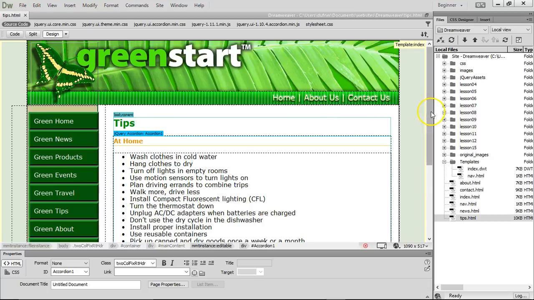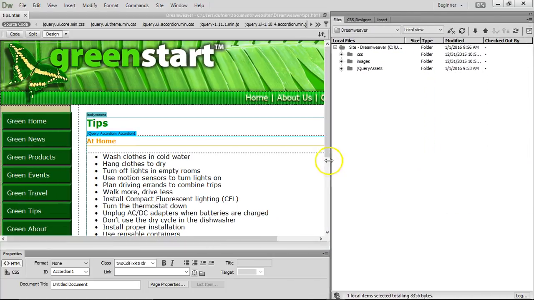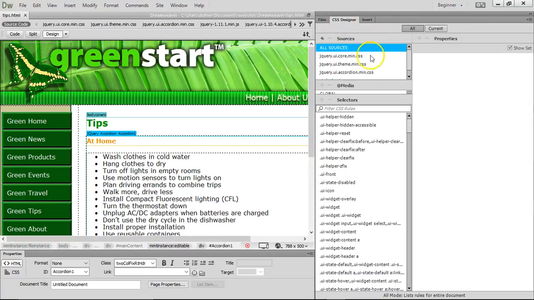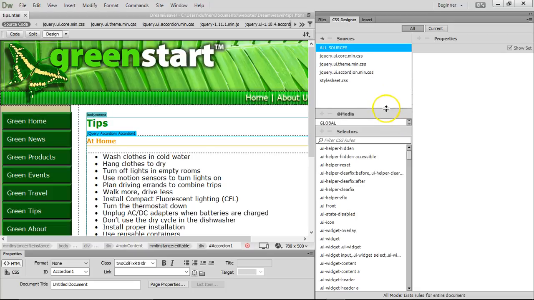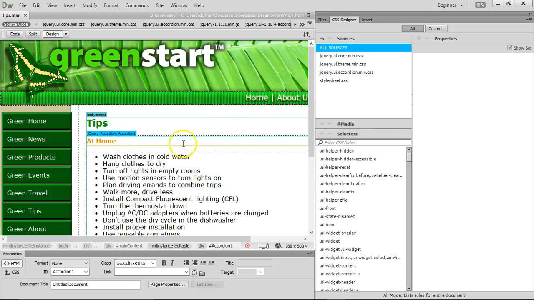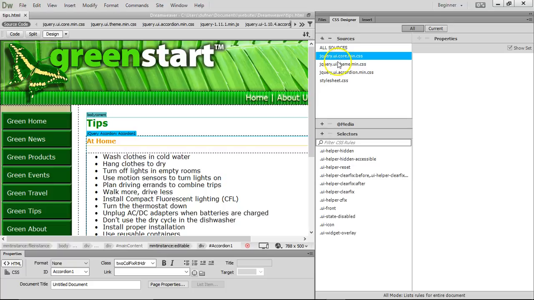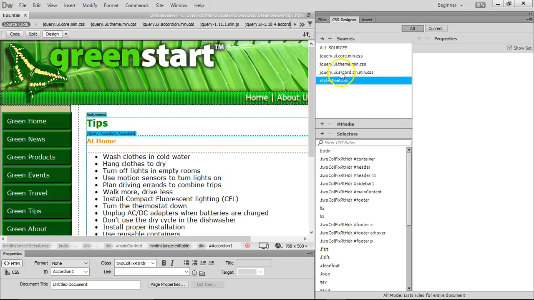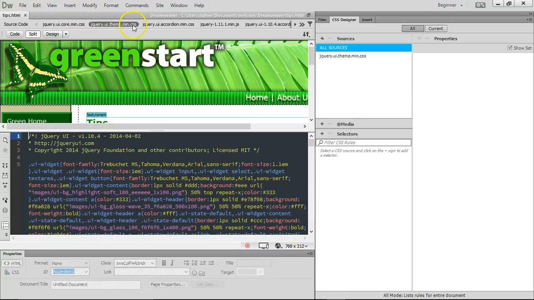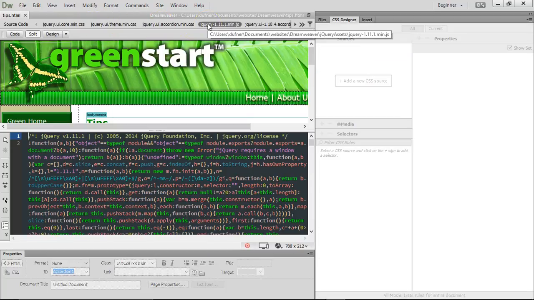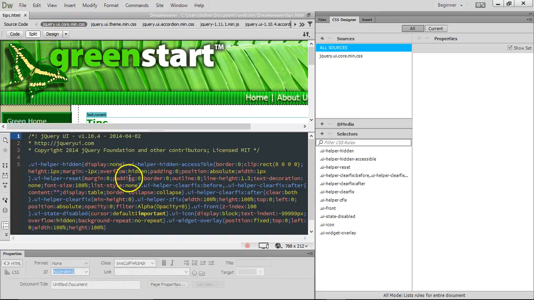But let's go to the next part, the coloring. Come on, temperamental. CSS Designer. These are all the pages that are associated with the accordion. Now, I was looking through some of these. They're up here. Yeah. What I was doing is I'm looking for,